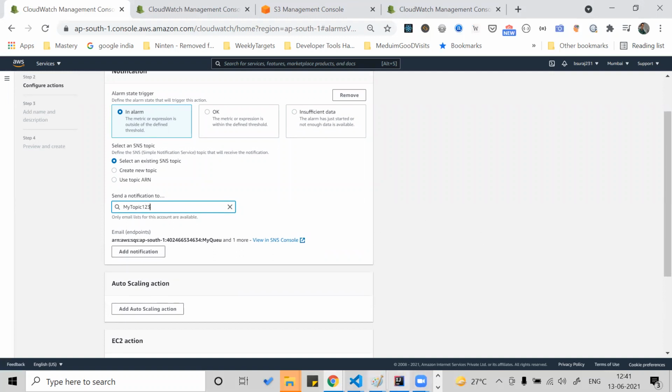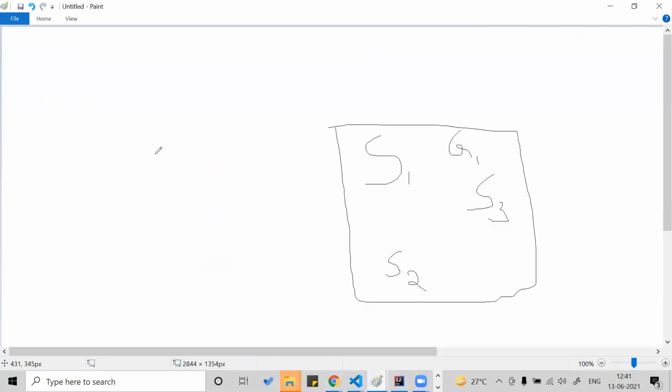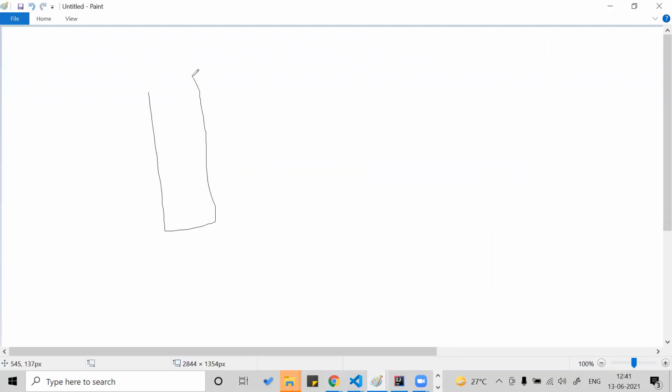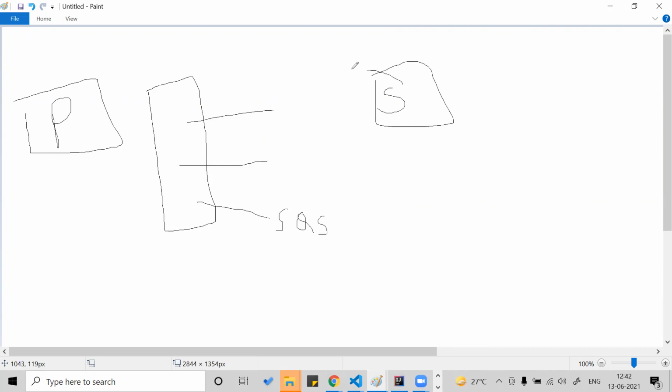So in a simple way, what happens in Notification as a Service is that you will create a topic. A topic will be created, and this topic can send to email, to your mobile as an SMS, or to another SQS queue. There will be a publisher and a subscriber. The subscriber will subscribe to this particular topic and say, okay, send it to my email. Another subscriber can send it to my mobile as a notification. Now we'll do the hands-on for that.